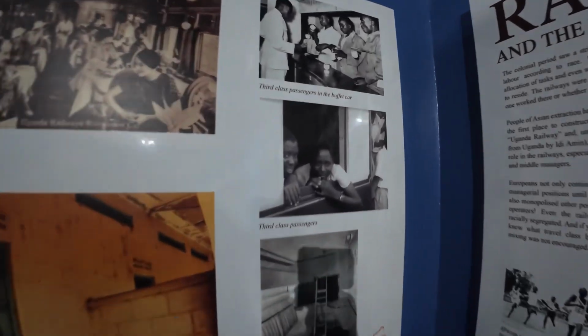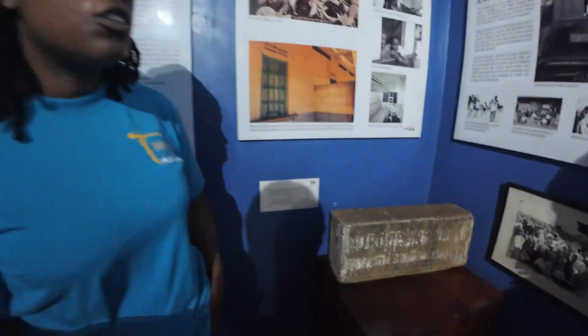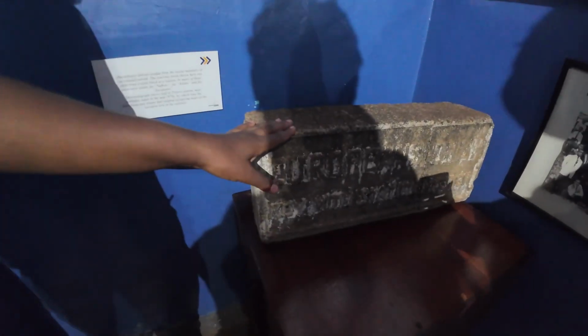So we have this stone that reads Europeans only, who is the station master. So in case you were white and you wanted to use a washroom, a toilet, you would ask for a key from the station master. But for the Africans, their toilets weren't locked. You just go open and do whatever you want to do. And they were pit latrines, not toilets. But the white toilets were toilets,